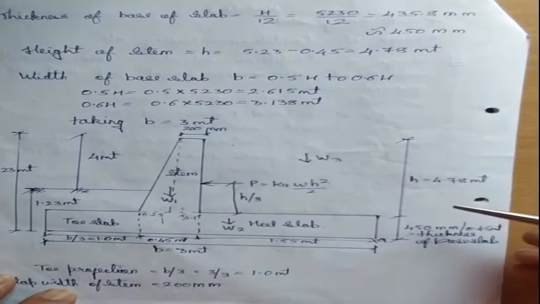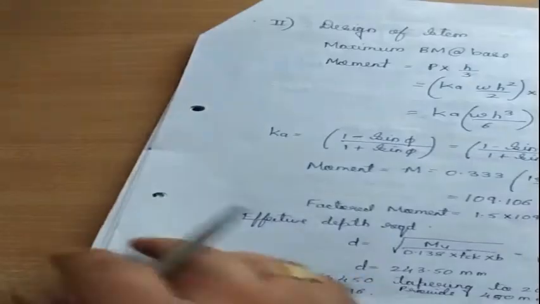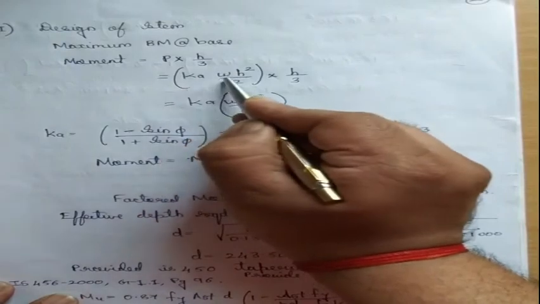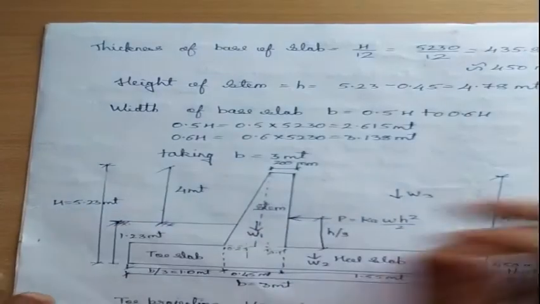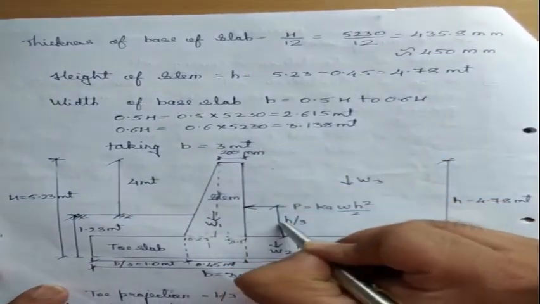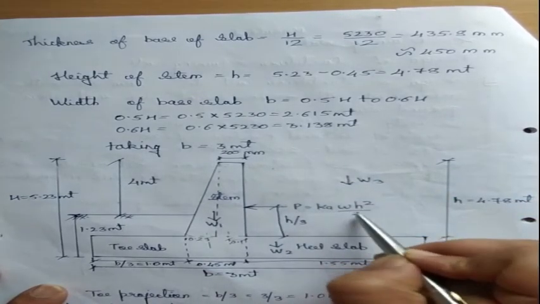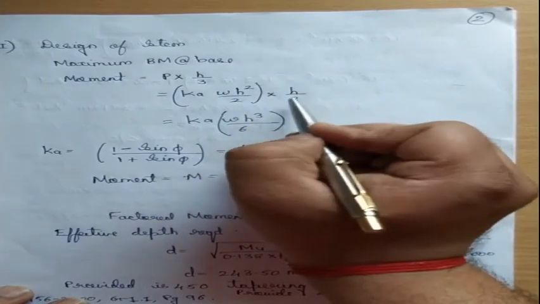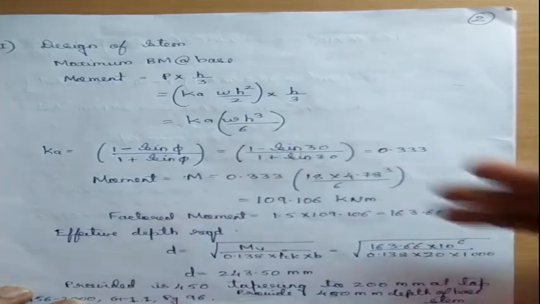So we have to find how much that is. That is given by K A W h square divided by 2, depending upon the active earth pressure. So P is nothing but K A W h square divided by 2, and this h by 3 comes as it is. I will show it once again. P is the force acting at a distance of h by 3 from the base of the stem, P being K A into W into h square divided by 2. The same P has been substituted here. Now I will take h inside, so it will become h cube, keeping K A outside and W h cube by 6.